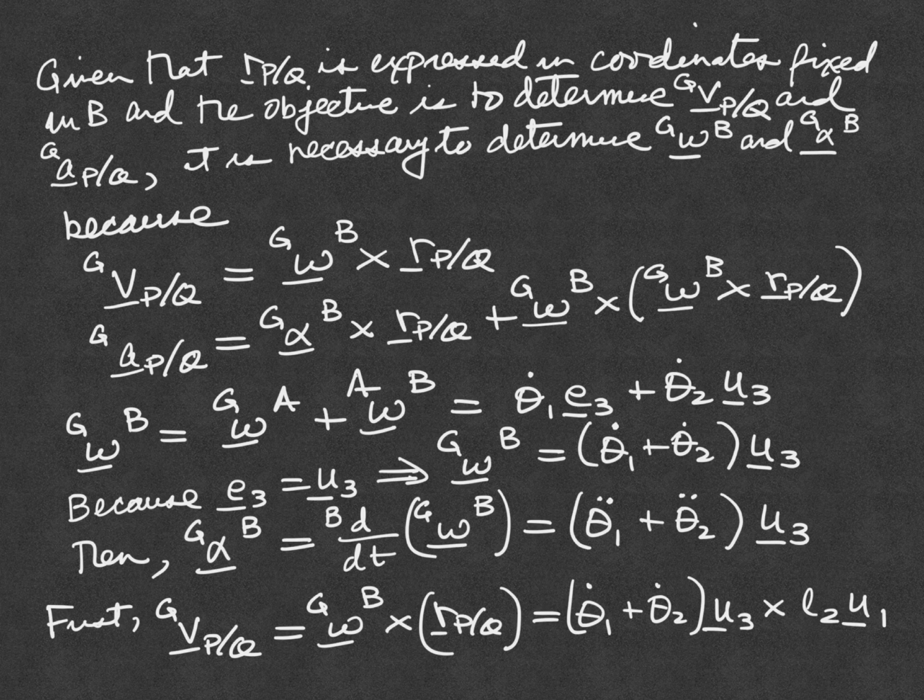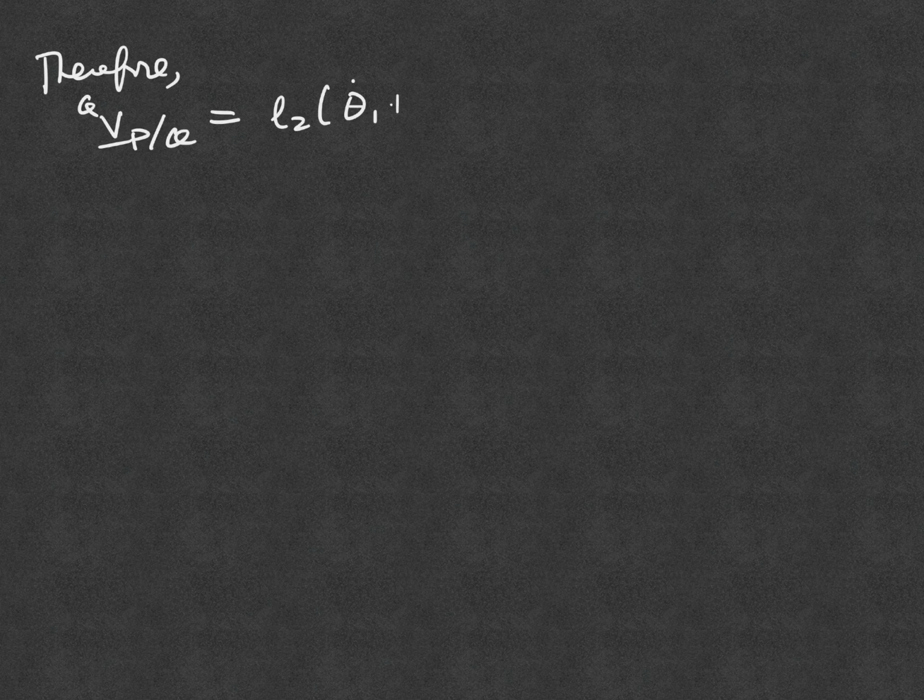So now I can simplify this. u3 crossed with u1 is u2. So now I can use that to compute the velocity of P relative to Q in G. So therefore, the velocity of P relative to Q in G is equal to L2 times theta 1 dot plus theta 2 dot times u2. So that takes care of the velocity of P relative to Q in G. So next,